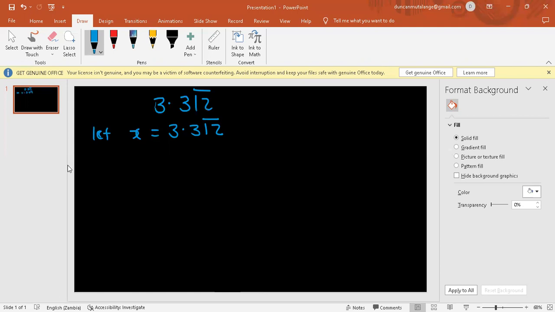So which number can we multiply? Obviously, we multiply by 10, isn't it? So we're just going to say 10x is equal to, then we're going to have 3.12 bar. We're only having them on the right. Then the next thing we need now is to multiply them again to the point where we are going to have,